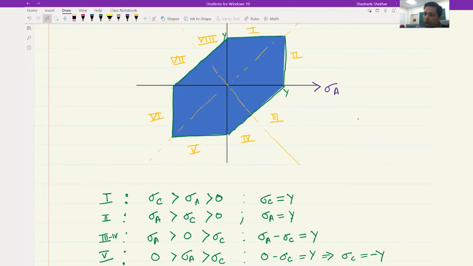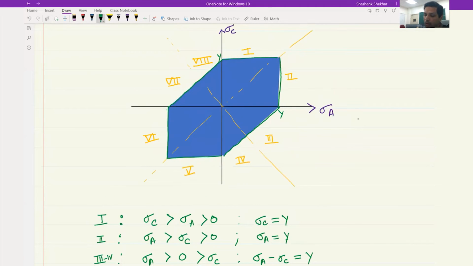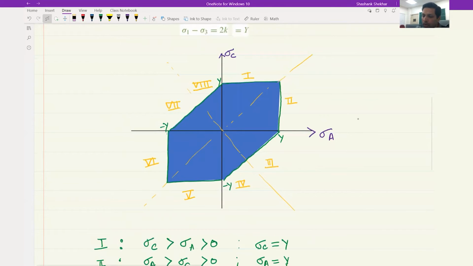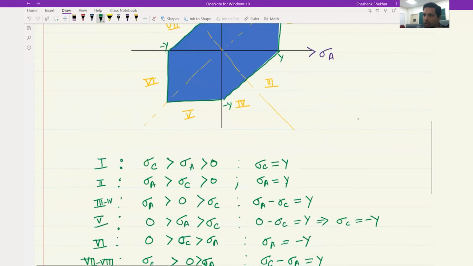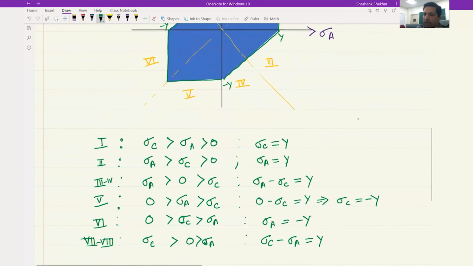And here what we see is that the maximum value that any of these are taking is equal to y. So this is y, this is plus y, this is plus y, this is minus y, this is minus y. So this is a little different from the previous locus that we obtained. And again, this is for just one plane. Okay, so here we are assuming that sigma b is equal to 0. So overall, this is how the yield locus of Tresca criterion would look like in a